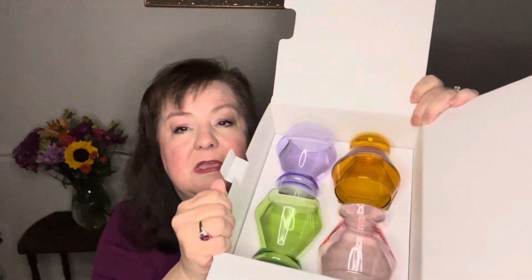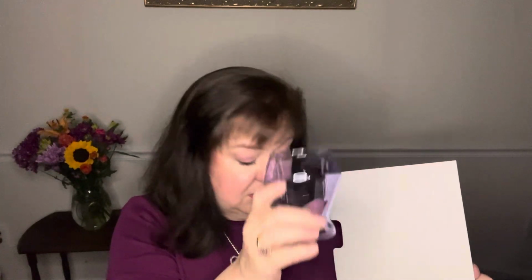I do think there could be an issue with, it says they're dishwasher safe, but hand washing is best. I think that I will hand wash them, but isn't that cute? They are sort of light, so I could see they could break. But I've had sturdy glasses and they break too. So, anyway,